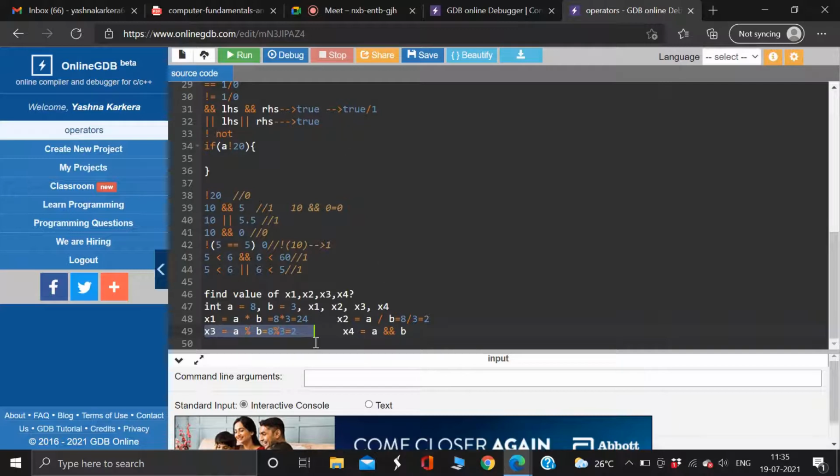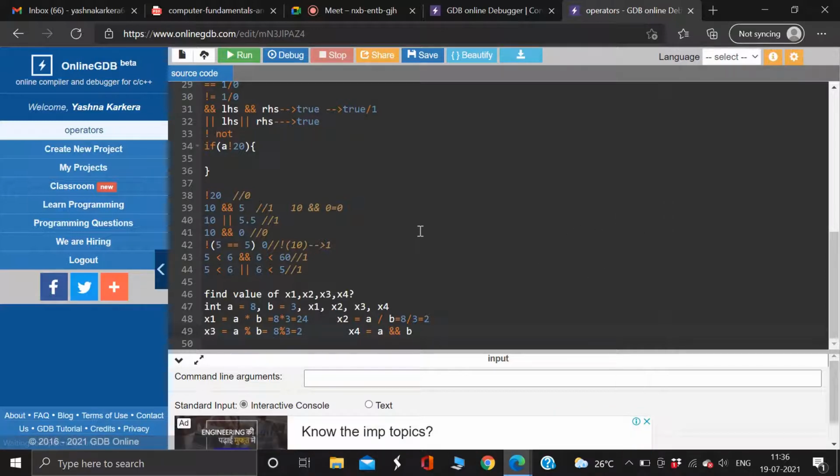Can you explain x3 again? See, do you know division? You know what is remainder, what is quotient, what is divisor, everything? So when you divide, just look at my cursor. You have 3 here, you have 8 inside, right? How do you divide? You do 3 into 2 is equal to 6. That is how you divide, right? So you write 2 in the quotient, 6 inside the division part, then you subtract 8 and 6. You will get 2 as the remainder. So that number is the answer, 2. Whatever remainder you get. Okay, I understand.